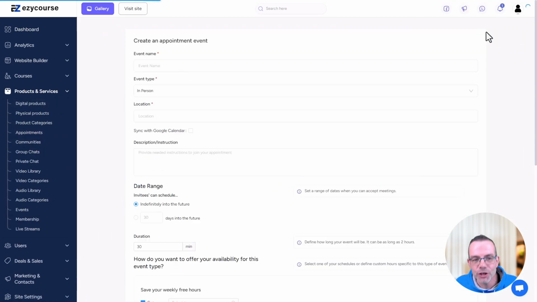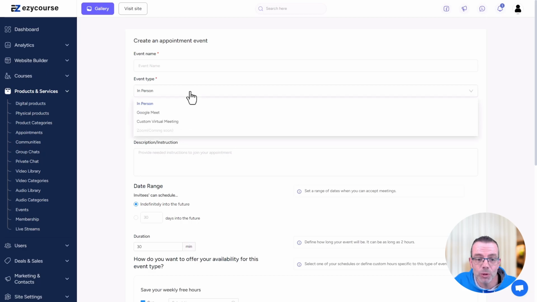and create a new appointment event. I give my event a title. I choose what type it is, whether it's in person or whether it's an online meeting. I can enter the location for that meeting as well. And then I can choose to sync with my Google Calendar, which means that appointment will appear in my calendar,